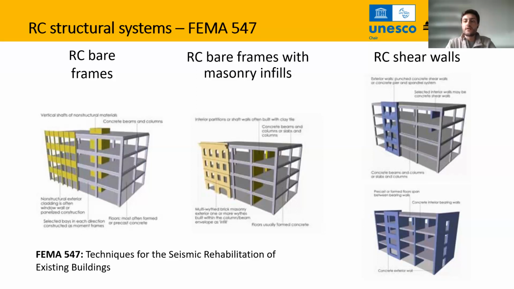The second subcategory in these RC shear wall buildings is the ones in which we do not have any type of columns, and the walls will bear all the gravity and all the lateral loads. So we have this differentiation of structures. These are usually stiffer structures than just the bare frames, and we're going to see also in tomorrow's presentation that they have some problems and some advantages, as with any type of